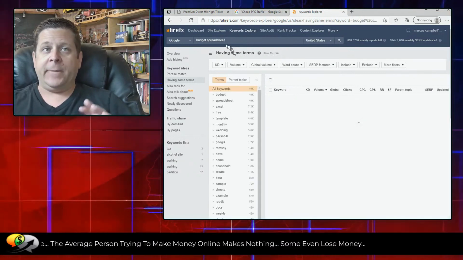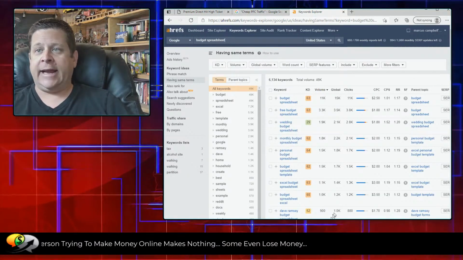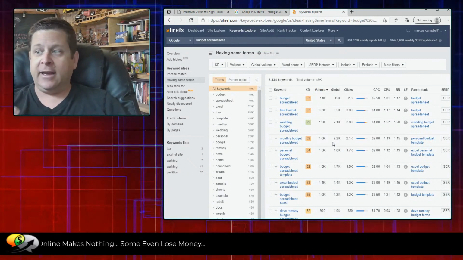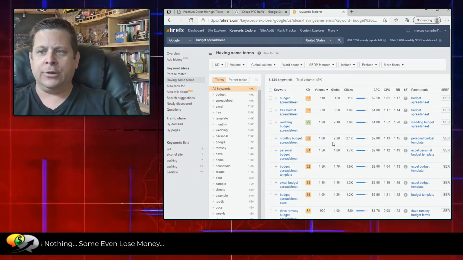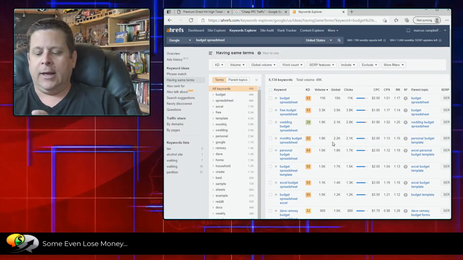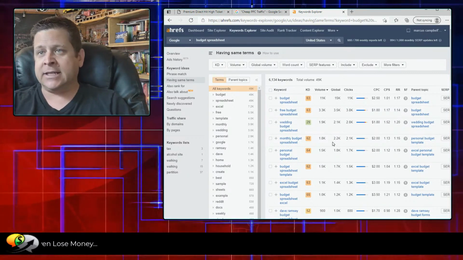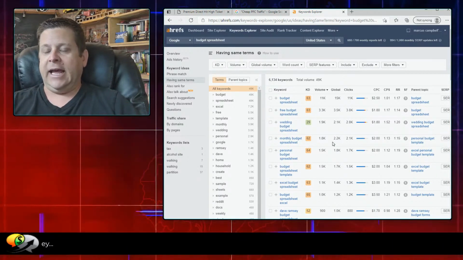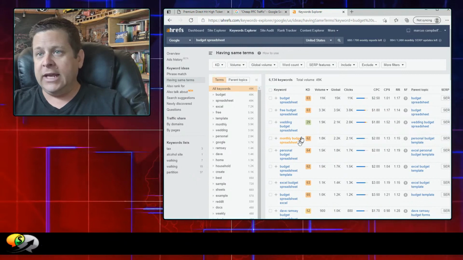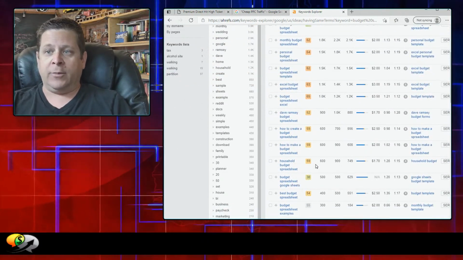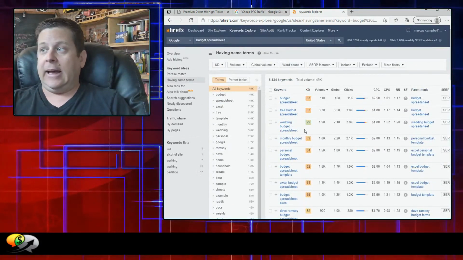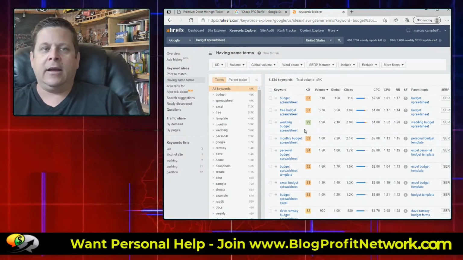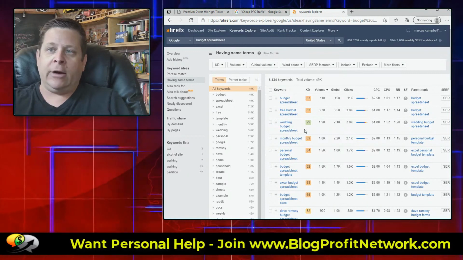spreadsheet, I want to look at this word and understand how I'm going to make money. So I'm going to go over to OfferVault, ClickBank, stuff like that. I'm going to think in my brain, okay, I could probably do loans. I could probably do accounting software, maybe tax stuff. So right out of the get-go, I'm going to know how I'm going to make money with this. And then when I set it up, I'll know each keyword, how it works, right? I'll be like, okay, wedding budget spreadsheet. I'm going to promote a credit card that rewards people who have weddings or something like that. Or I'm going to find whatever it is that's going to help these people.